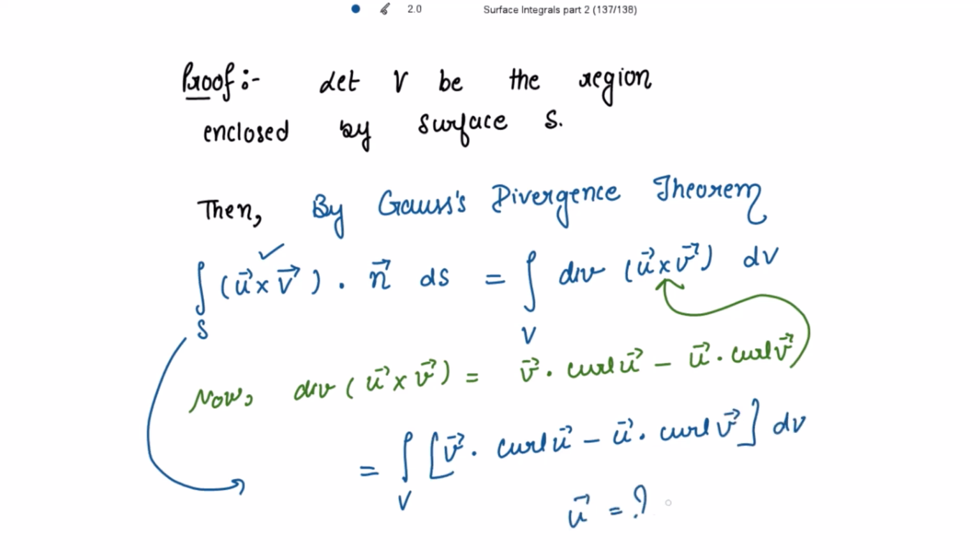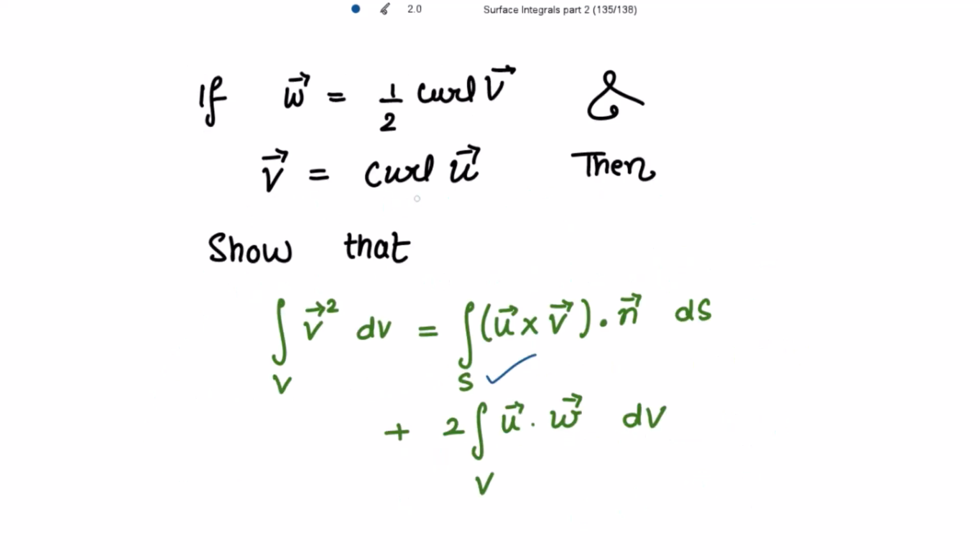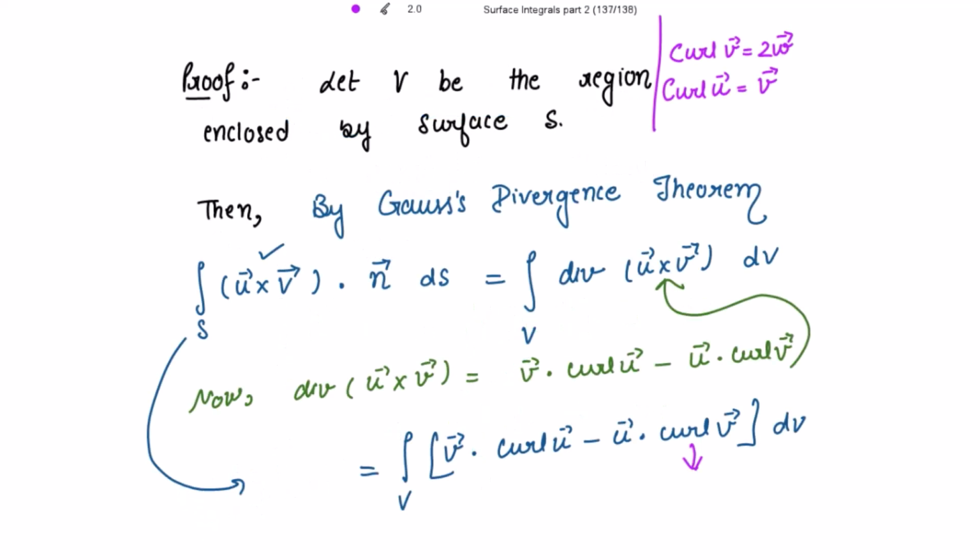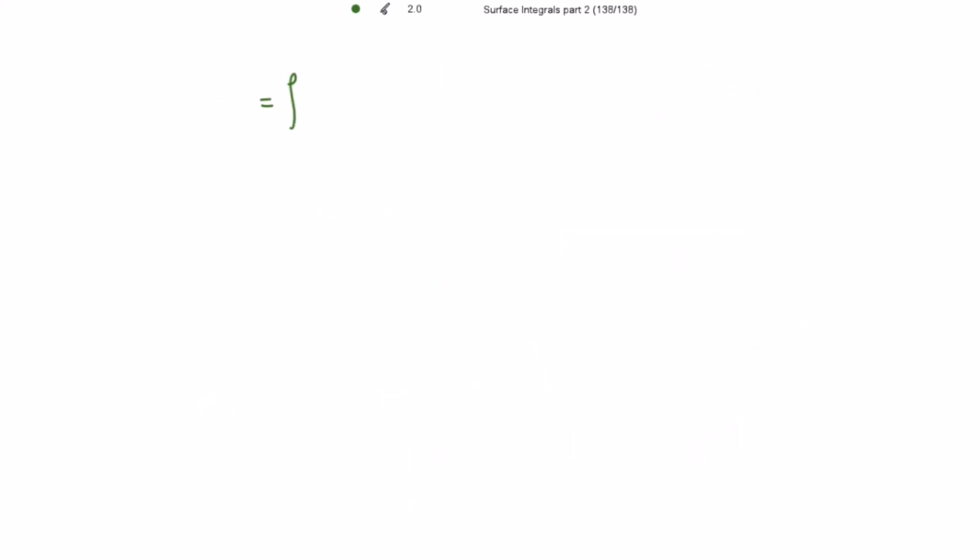Now what are u vector and v vector given to us? V vector is curl of u vector and curl of v vector is twice of w vector. Yes? See, curl of u vector is equal to v vector and curl of v vector is equal to twice of w vector. So writing here curl of v vector to be as twice of w vector, and writing here curl of u vector to be as v vector. So let's write this. This is equal to the volume integral of dot product of v vector with itself minus u vector dot product with curl of v vector. So dot product with curl of v vector is twice of w vector